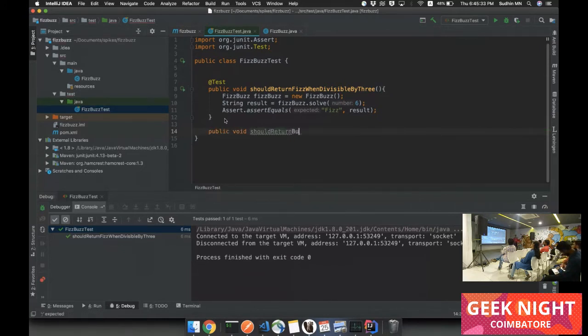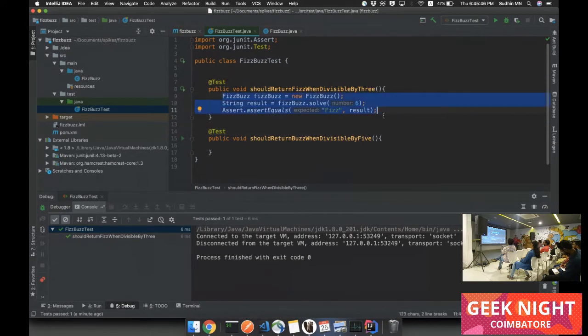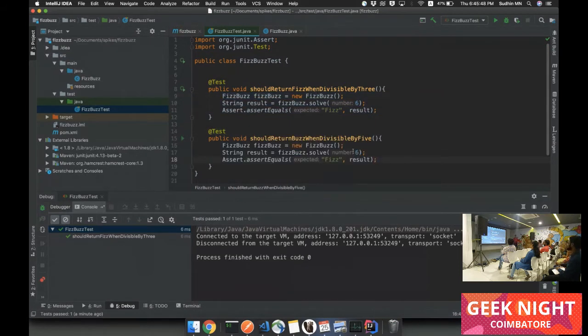Should return Buzz when divisible by 5. Test, we will do the same. We run the tests.